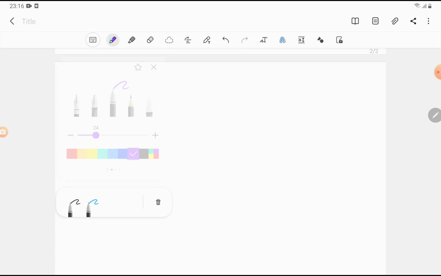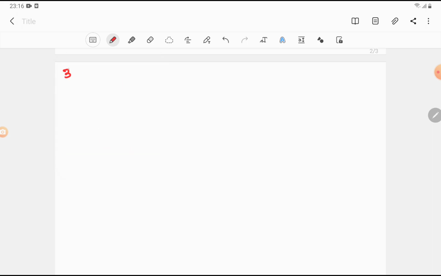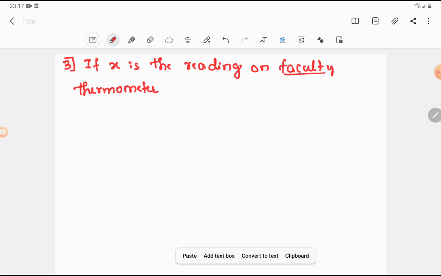So the problem is, if x is the reading on a faculty thermometer, some name, you can just say faculty thermometer, having